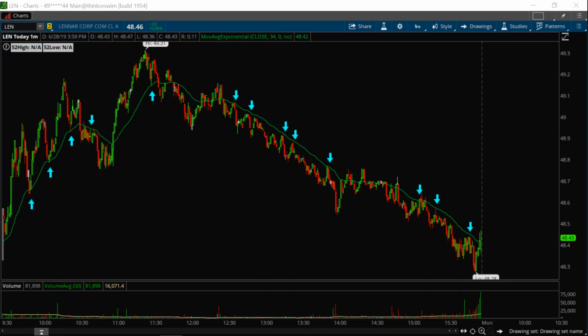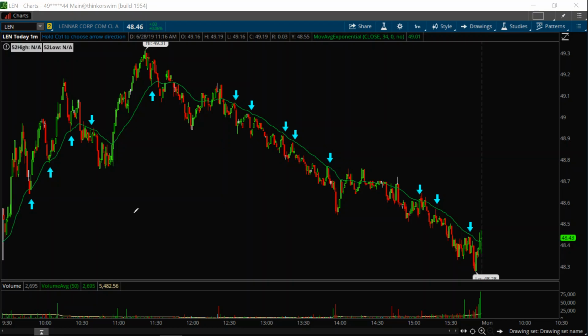Dynamic support means the actual number that we're looking at is going to change. And in this case, I'm going to show you the 34 exponential moving average. Let's take a look. This is the chart for LEN, and this is today on a 1-minute chart. Each candle here represents 1 minute of action, and the green line on the chart is the 34